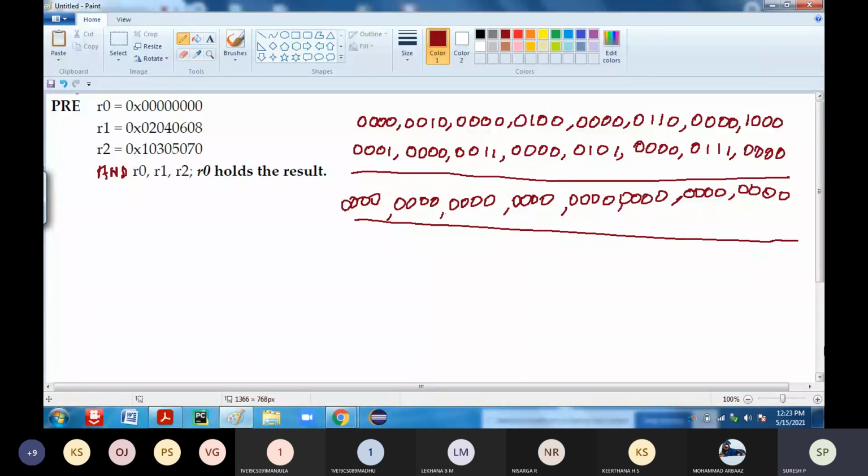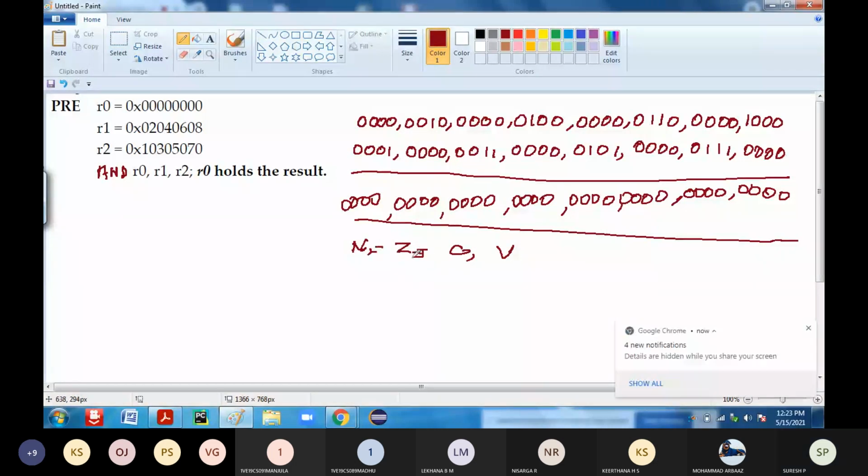Now one more question I have to ask you: whether your flags will be updated here. Any answers from your side? I have the flag bits, right? Whether your flag bits will be updated. Any answer? If I have to update the flag, you can see it here. I have N, Z, C, and V overflow flag. So whether your flags will be updated or not, yes or no, I want an answer. That's it. Yes or no.